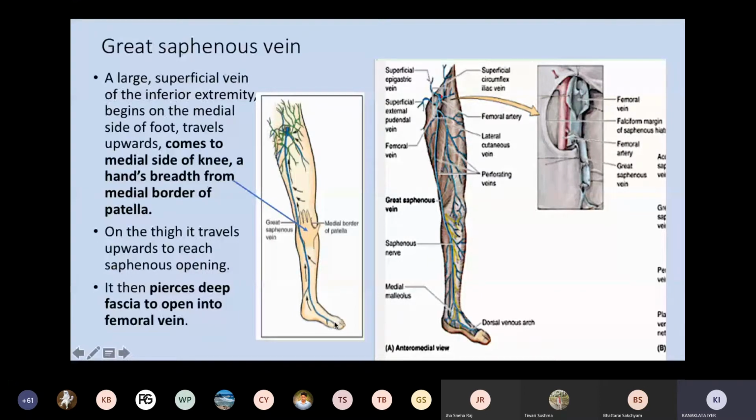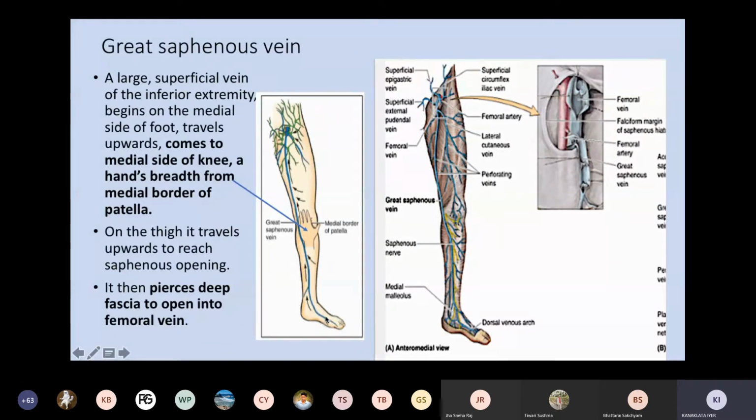Here they are not showing, but I will show it to you in the next diagram. Here will be the digital veins. Digital veins will join to form metatarsal veins, and metatarsal veins will drain into this dorsal venous arch, which is lying on the dorsum of the foot, and it will have a medial end and the lateral end. So now this is a medial end of the dorsal venous arch. From here, the great saphenous vein begins. My cursor is going along with the great saphenous vein. All right. Okay. So this is the medial end.